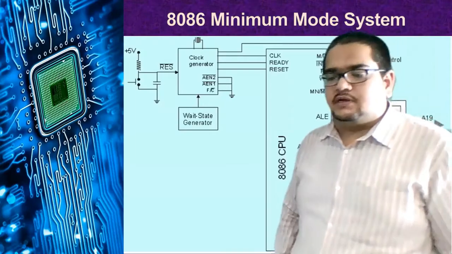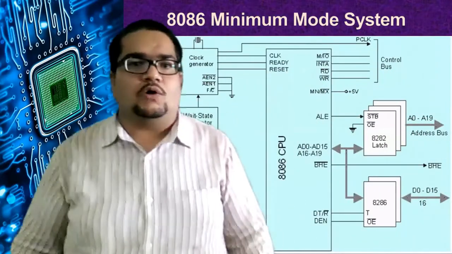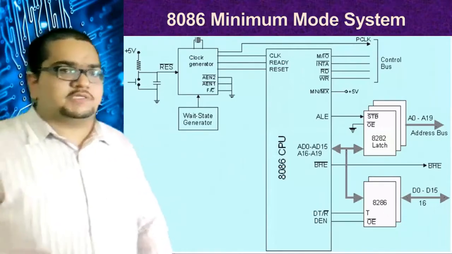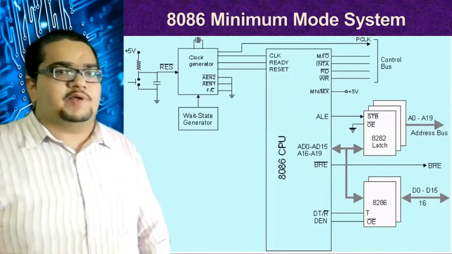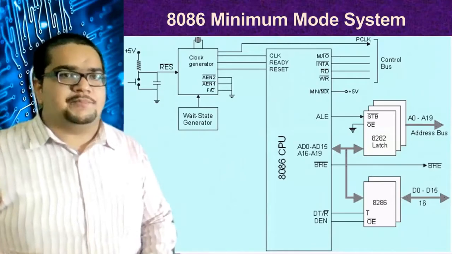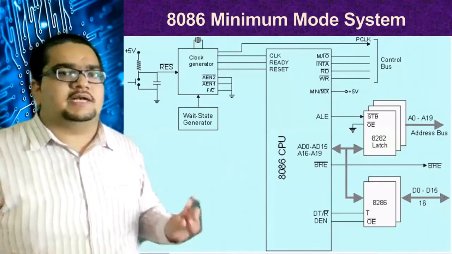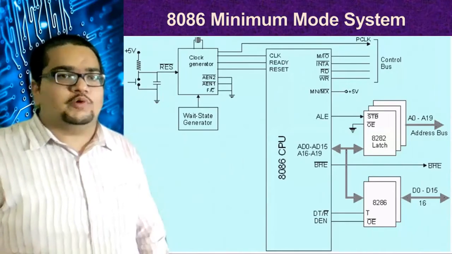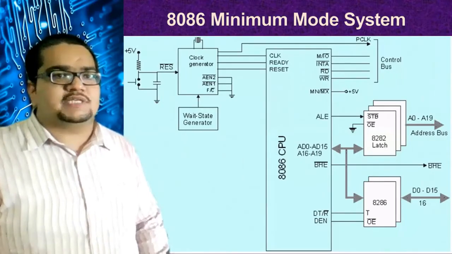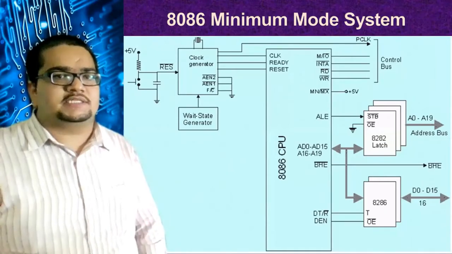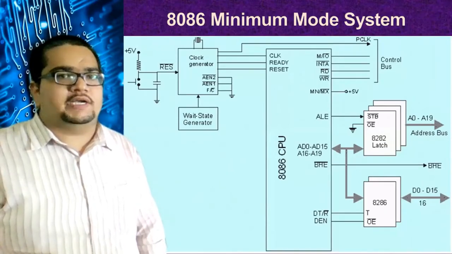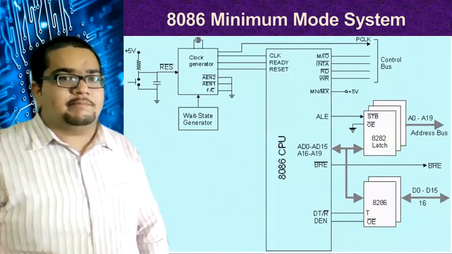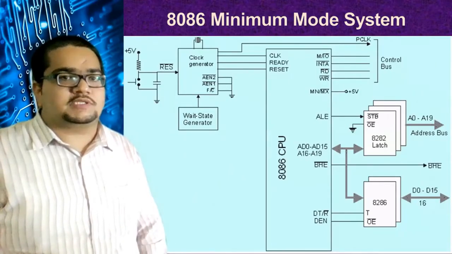After these signals, we have checked out this minimum mode system of 8086. Obviously, a system contains a processor and other required peripherals so that it can function as a computer. On the left hand side there is a clock generator circuit, the IC 8284. As I told you last time, it is used for generating all the clocking requirements of 8086. It gives the clock input, it gives a ready input to the processor, and it also makes a reset available to the processor depending upon the other modules.